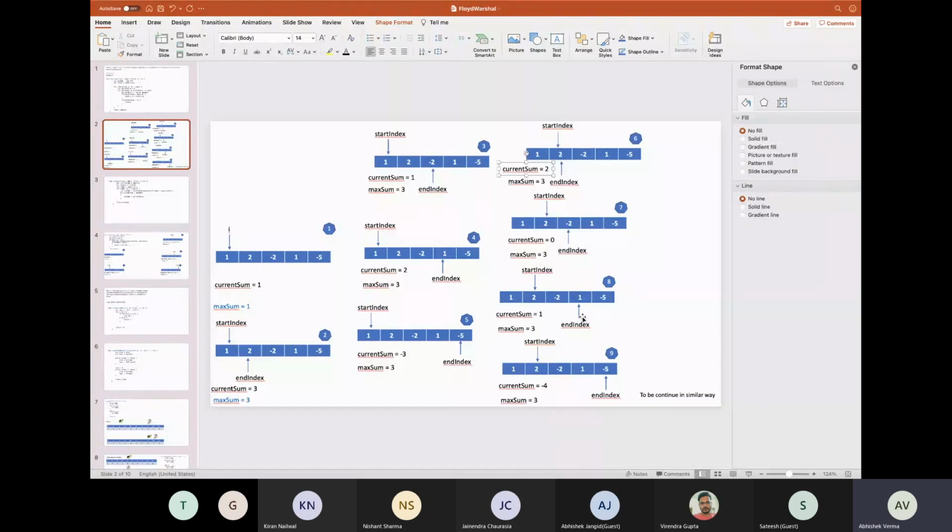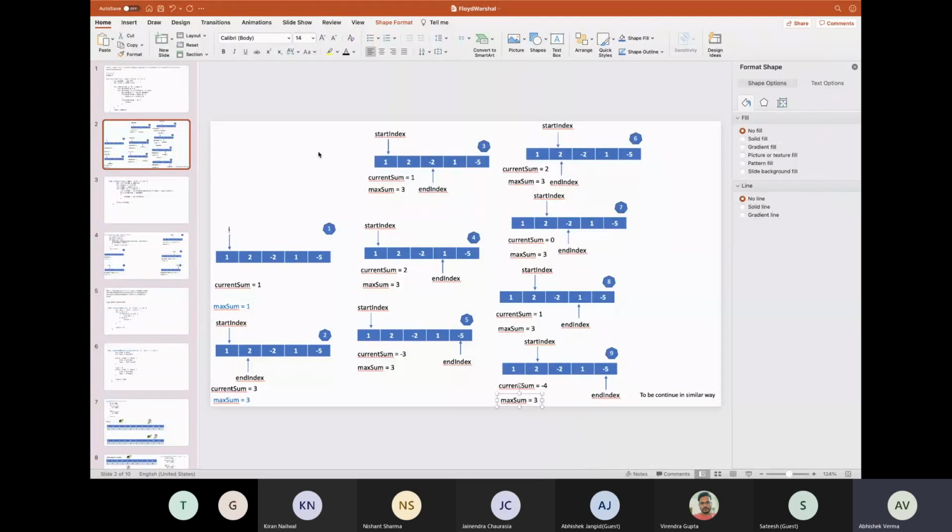The end index reached here, and since current sum was previously 0, I added 1, so current sum became 1, which is again not greater than 3, so I haven't updated max sum. Again the end index reaches this position, and it adds up to -4, which is again not greater than max sum. Until we have reached this position, the max sum is still 3.